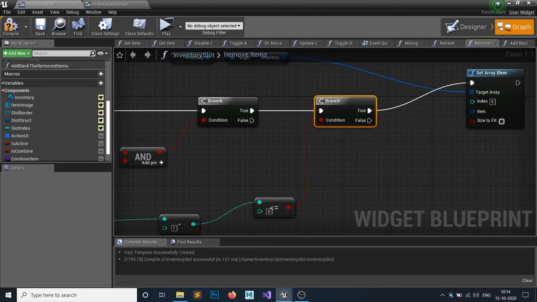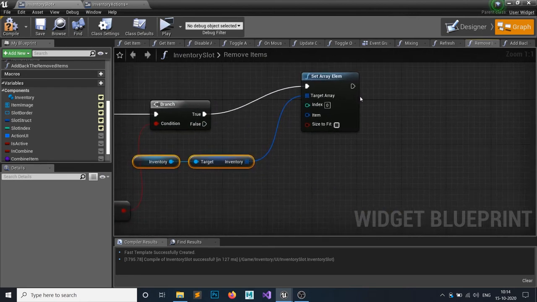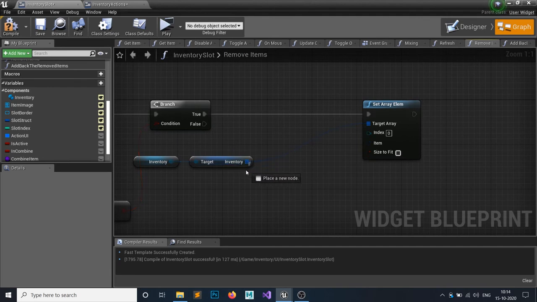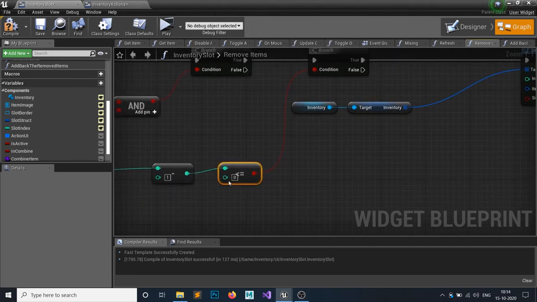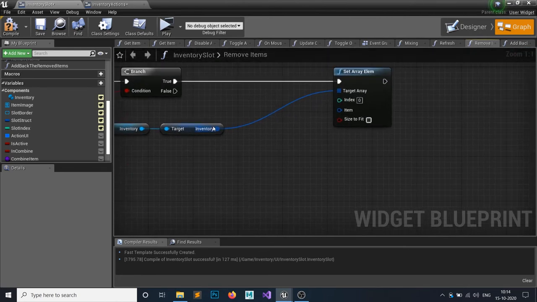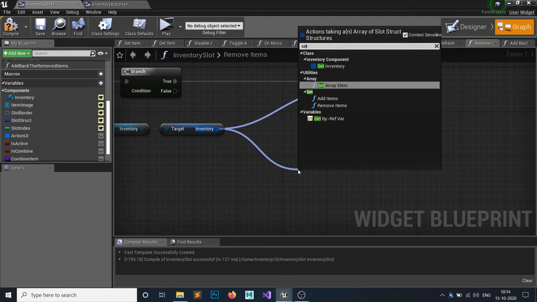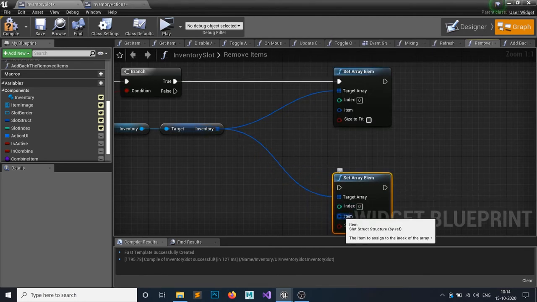So if it's false, just grab this inventory here, make some room here. So if it's false, yeah, we have removed the item and now our slot is empty. Then we want to set the array element to false. So set our items to 0 index and everything would be fine.